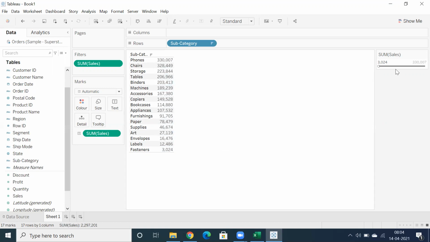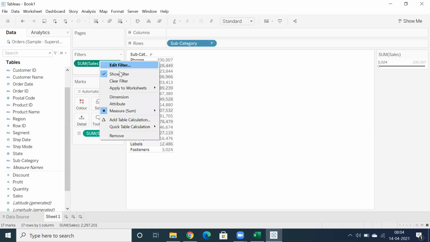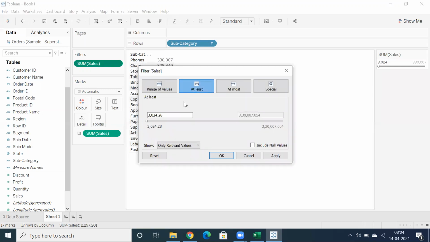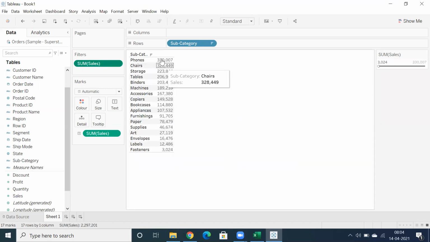Now I just created a new worksheet. This is a new workbook and I'm using the same sales information. When you use at least, I'm able to see all the records. So now I can pass a minimum value. So what is the minimum value? At least I want to display values in between or greater than 100K. That's what I mean to say.